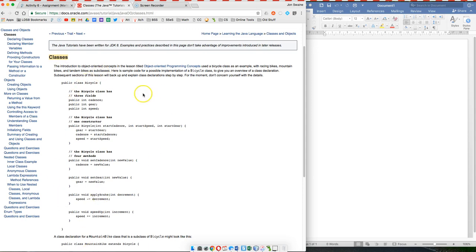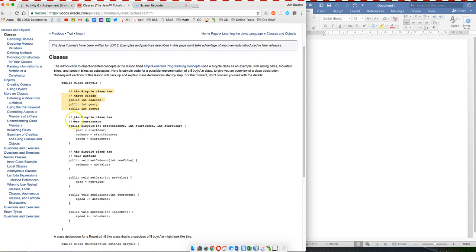So this class that I'm looking at here, that is class Bicycle. This is like a recipe or a blueprint for a bicycle that I'm going to make in my program. And my bicycle would have its own cadence, its own gear, and its own speed. These are called the fields, the class fields, or characteristics. And these are the things that the bicycle can be described by. Different bicycles might have different speeds, but they're all going to have a speed. Different bicycles may have different gears, but they're all going to have a gear. I can change the values, but they all have that characteristic.